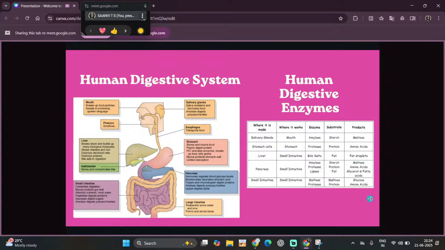So, food is ingested using the teeth, lips, and the tongue. The teeth then bite or grind the food into smaller pieces. This increases the surface area. This begins the process of physical digestion. So there are two types of digestion that take place in our body. The first one is physical digestion,